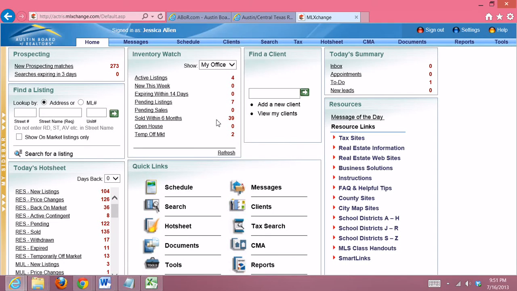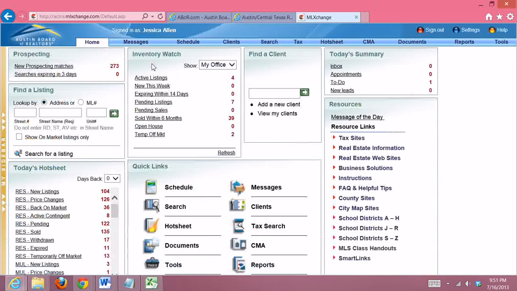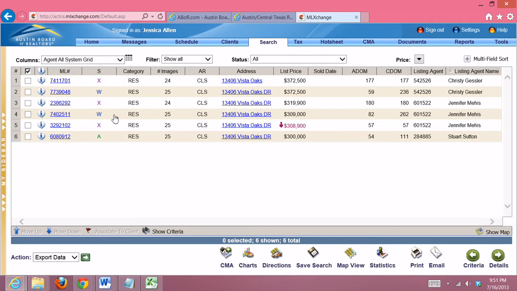Now we're going to look up property history. So we're going to go to the address 13406 Vista Oaks Drive, 13406 Vista Oaks Drive. Oh, don't put the Drive in there. And we're going to look at the history. So it's had some history,